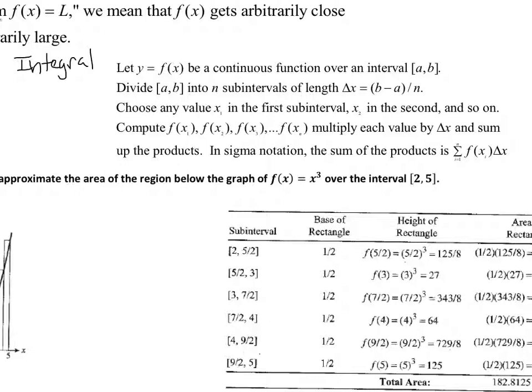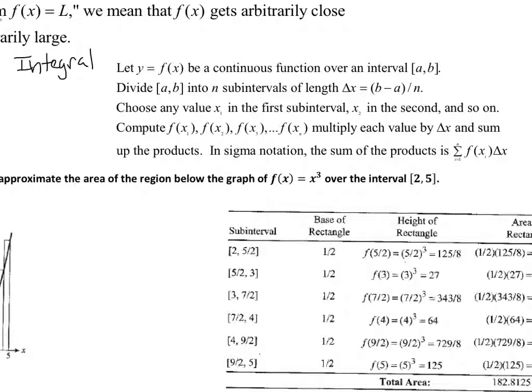So, let y equal f of x be a continuous function over an interval a to b. Divide a, b into n subintervals, with the change in x equal to b minus a divided by n. Choose any value x1 in the first subinterval, x2 in the second, and so on. Compute these, multiply each value by the change in x, and sum up the products in sigma notation. The sum of the products is the sum of the integral. Okay, so